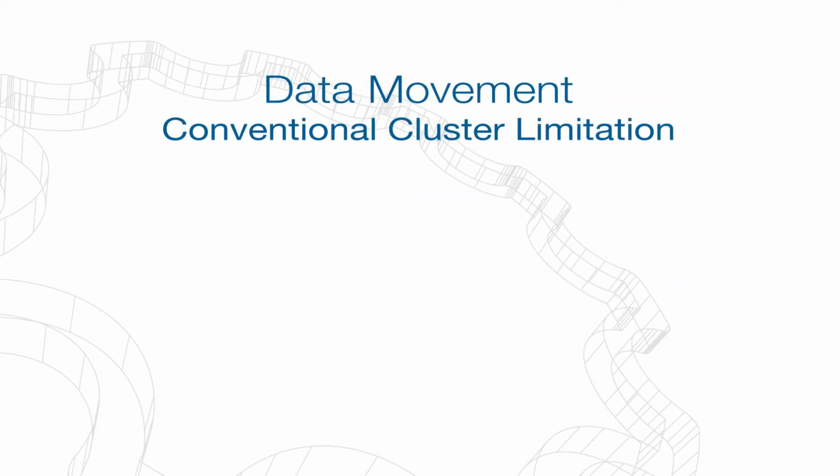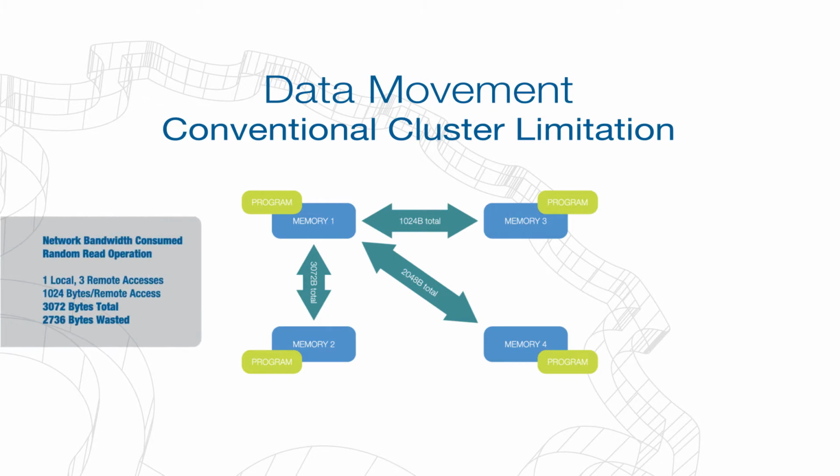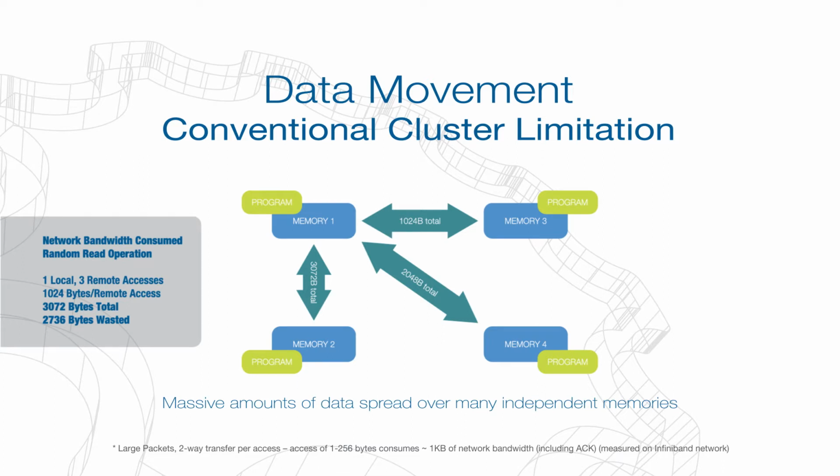Here we have a random read operation typical of a database index. In a conventional cluster, large network packets of two-way transfer per access each consume approximately 1 kilobyte of network bandwidth. Massive amounts of data spread over the many independent memories is highly inefficient. Along with the 3072 bytes for MPI packets, data itself is also sent over the network. This is a minimum of 256 bytes, though typically would be 1 gigabyte or more of data sent to the